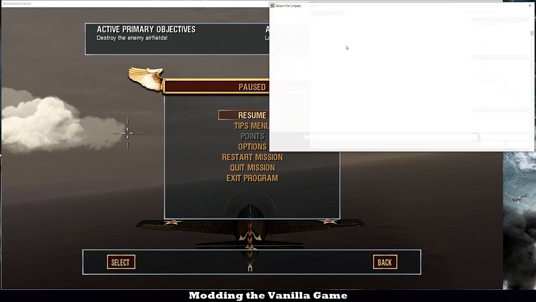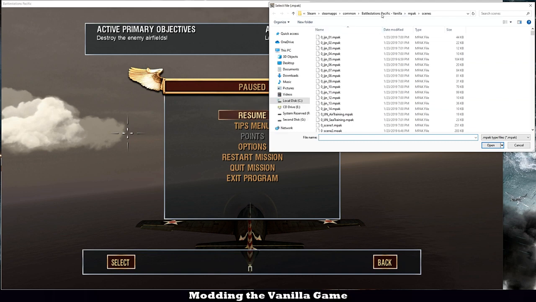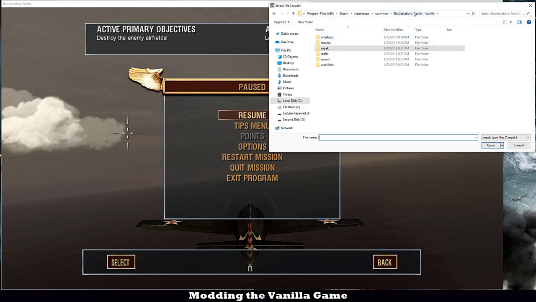It may take a while to actually load it in. No, mine takes a while. All you gotta do is locate your actual vanilla folder. Mine is Battlestation Pacific Vanilla, and the vanilla folder won't have all of the same folders that the actual modded